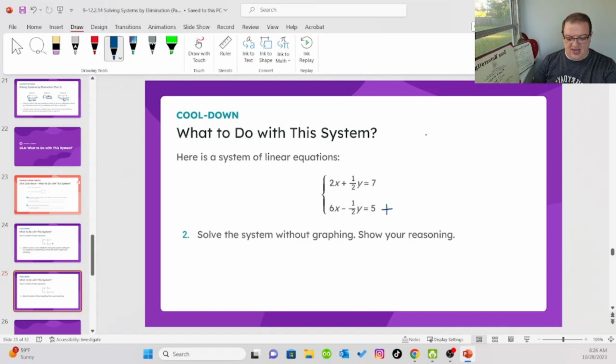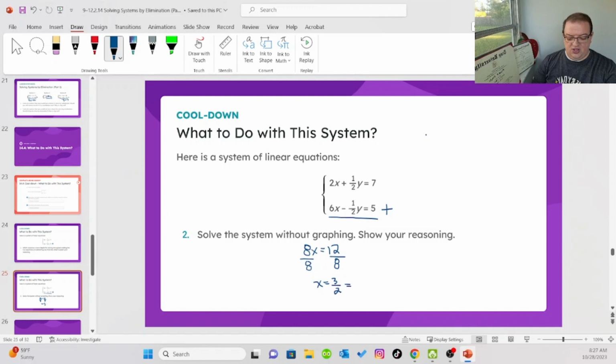So if I add these together, 2x plus 6x is 8x. 1/2 y minus 1/2 y is 0. And 7 plus 5 is 12. 8x is multiplication, so I divide by 8 on both sides, and